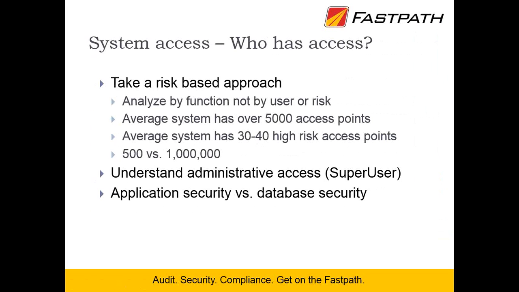So one of the easiest things to do from a review perspective, and one of the things that any auditor will ask you for, is who has access to your system. And one of the mistakes a lot of companies make when analyzing access is they think that the auditors want to see a report that says, here's all the access to NAV. These are all my users and all their access in the system. The auditors don't want to see that. Well, I mean, they might ask for it because they're going to run tests, but what they want to see is that you know who has access to the system, that you've been reviewing those reports.